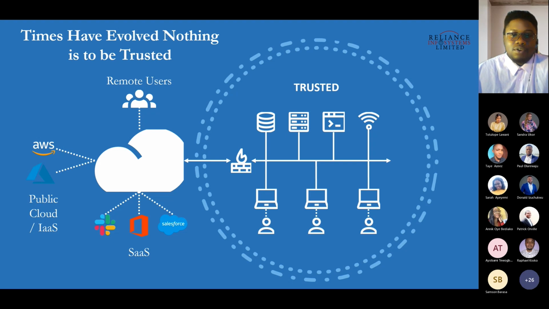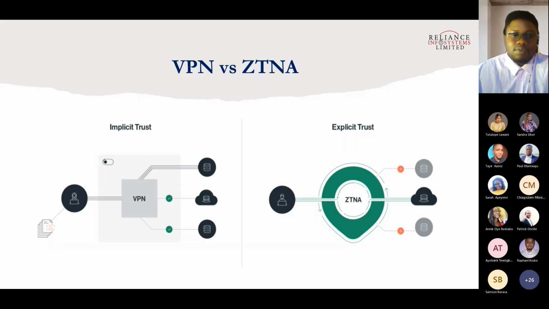And one major thing to focus on is that the current architecture that we utilize isn't suitable to achieve most of this. A lot of organizations still utilize stateful firewalls. Some are already utilizing next generation firewalls. But to have proper visibility into all this, that needs to come about with a change. And organizations that utilize VPN solutions also need to look into some of these solutions to provide them with proper visibility and control into their organization's assets. So basically, we'll be looking at the differences between VPN and ZTNA.